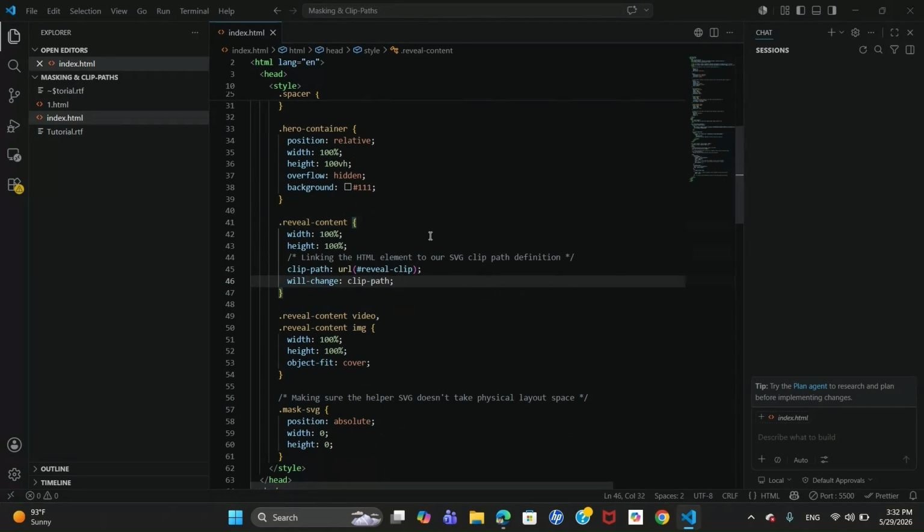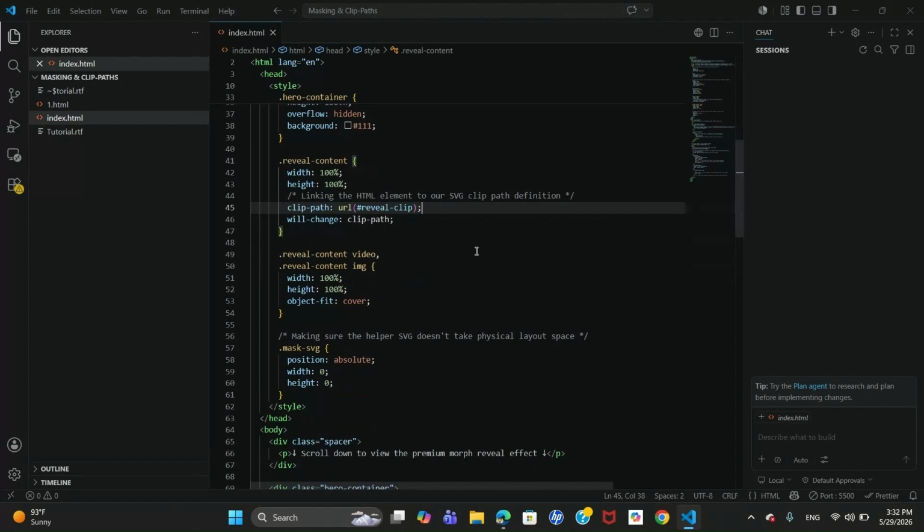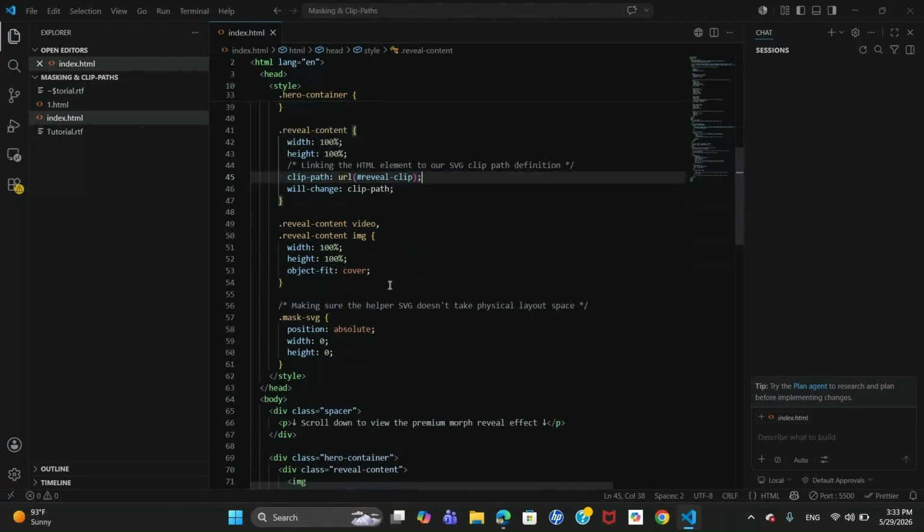We also throw in will-change: clip-path to signal the browser's graphics processor to optimize for a highly demanding, buttery smooth transition. Inside that reveal element, whether you decide to use a background image or a high-definition video, we apply object-fit: cover to both tags. This makes sure our media scales dynamically to fill the entire container beautifully, mimicking a rich background cover effect without